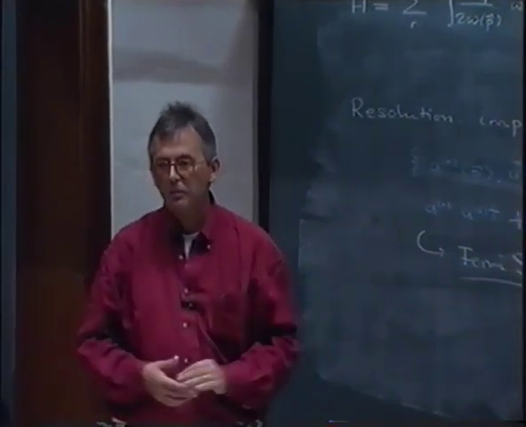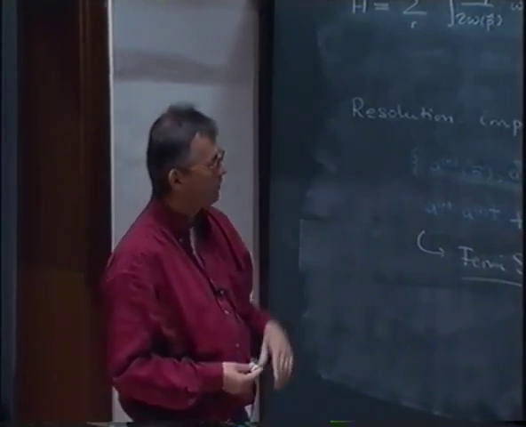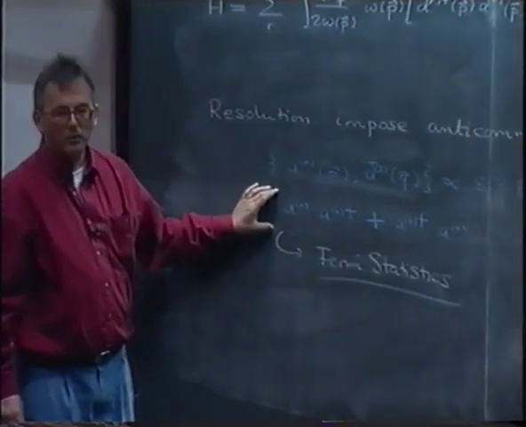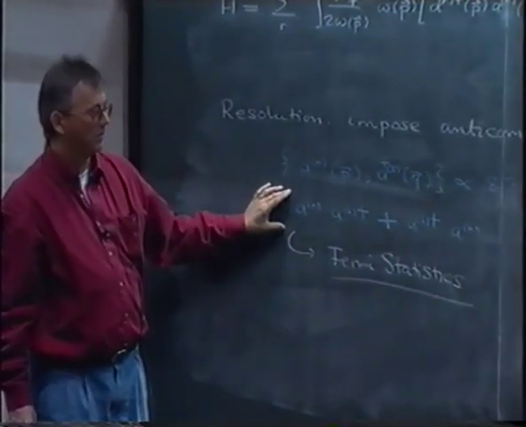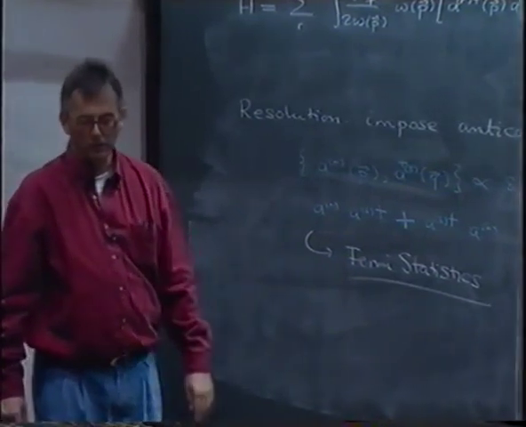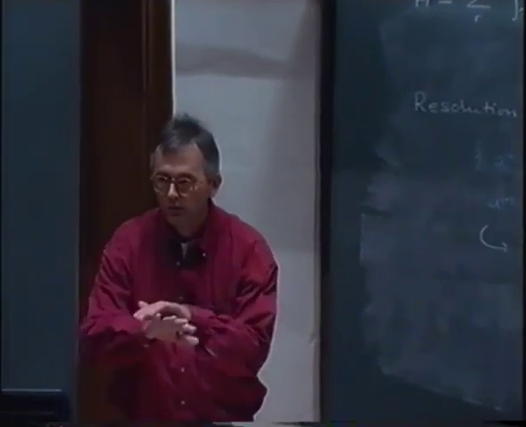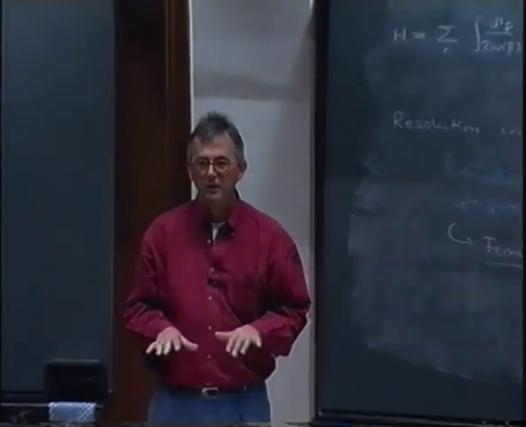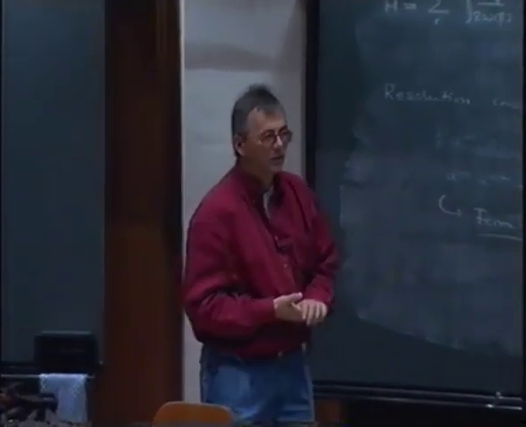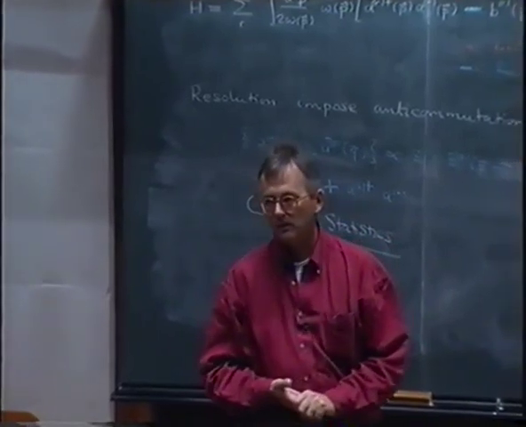If you start, for example, with the gravitino and go through this mode expansion, which is even more complicated, go through all of this, it means at the end of the day, you will have to impose anti-commutation relations. And you will end up with a field obeying Fermi statistics. So, to summarize, in quantum field theory, all these quote-unquote paradoxes of the classical one-particle, first quantized theory get resolved.